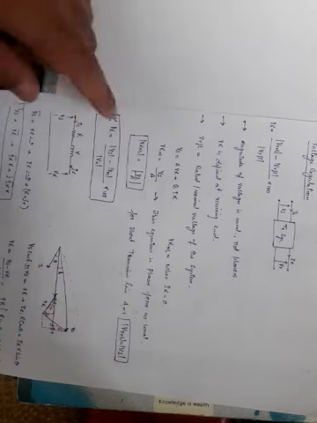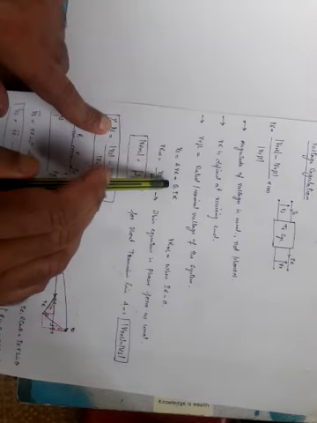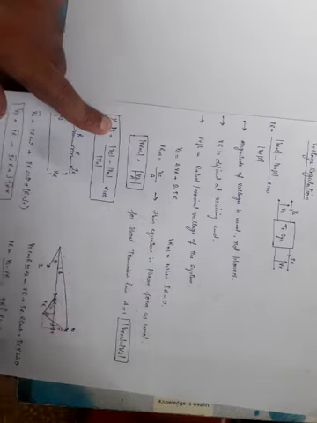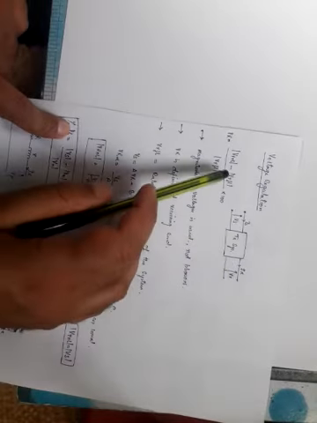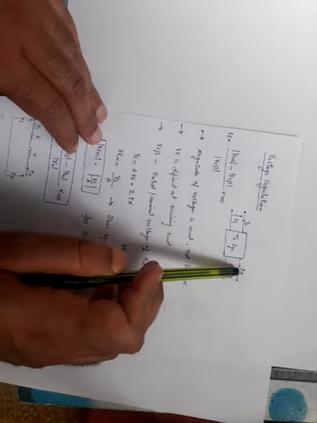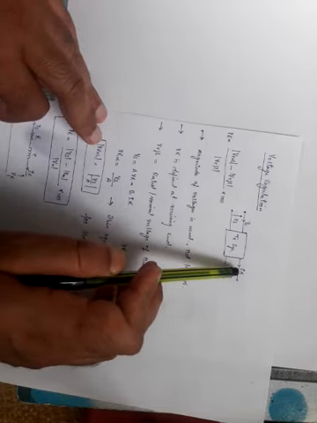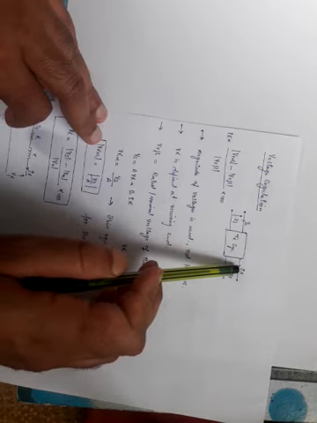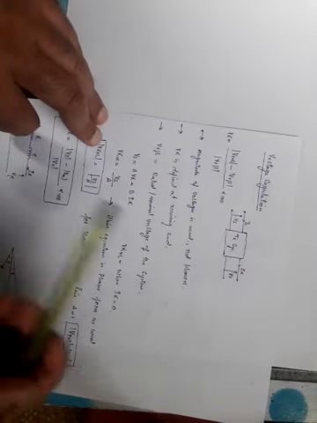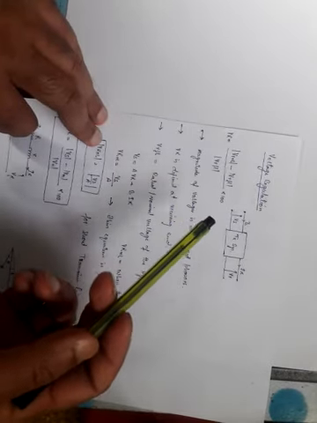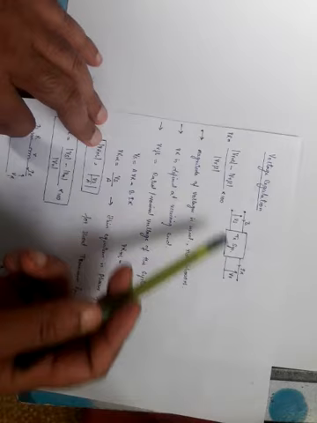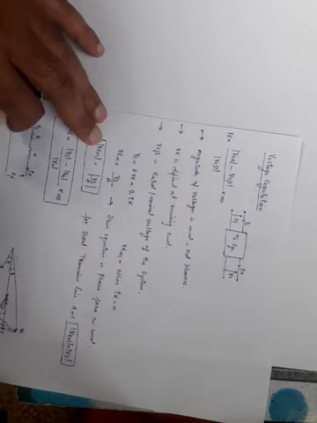And from ABCD parameters, we know that Vs is equal to A VR plus B IR. From here, VR no load means when IR is equal to 0. It is actually the same voltage; we are calculating the same voltage at this point. The condition is only on the value of IR. If IR is equal to 0, it becomes the no load voltage. If IR is the full load current, it becomes the full load voltage. So we are interested in two values of IR, and when we give the two values of IR, we get two values of VR, and based on the magnitude of VR, we can calculate the voltage regulation.